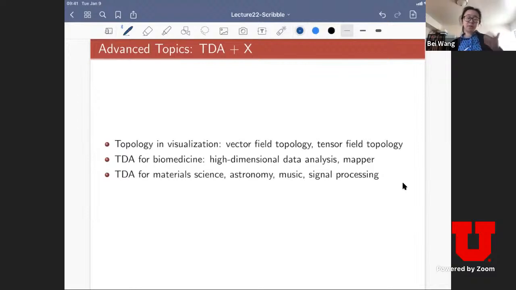Tensor fields arise when you study material science, when you think about the stress on a material, and then they usually call it a stress tensor because the data is represented as a matrix, basically. Okay, so